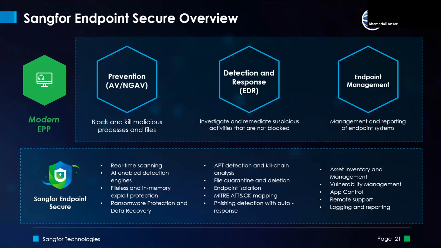That means you don't have to purchase two separate licenses. It is just one license, and it will include your next generation AV completely. With that, you will also have the EDR capabilities with the platform. And then again, you have the management and reporting of the endpoints, where you can do application control, asset inventory, vulnerability management, as well as complete logging and reporting from the platform. If you see the AVs and next generation AV, AV mostly relies on the signature set, while next generation AV has certain traditional methods as well as AI and ML techniques in terms of detecting and killing the process.